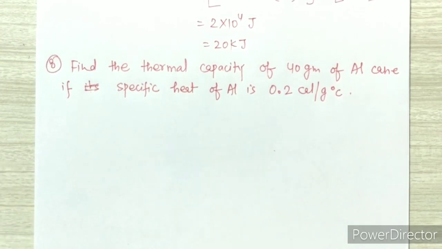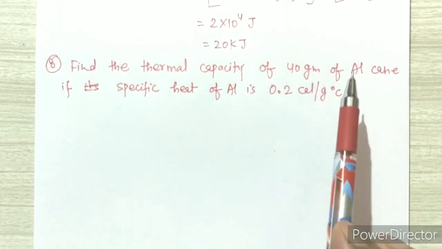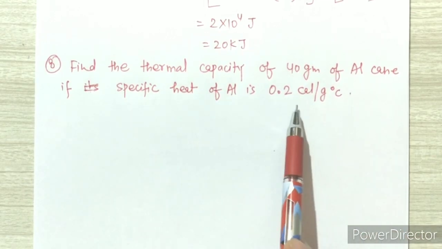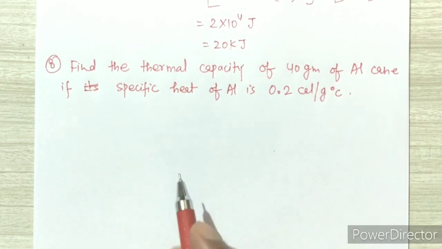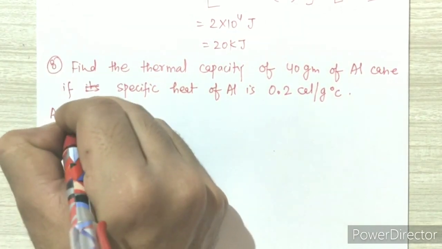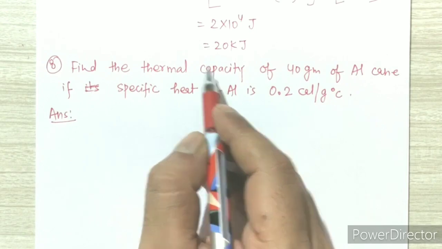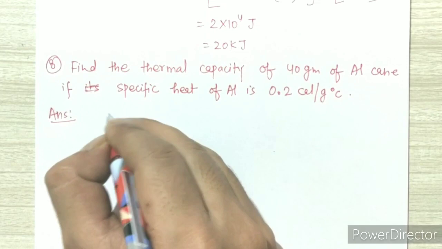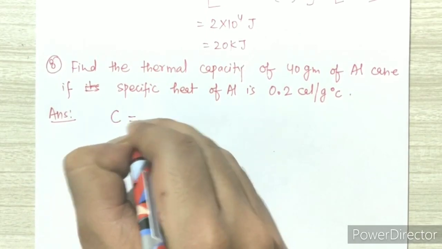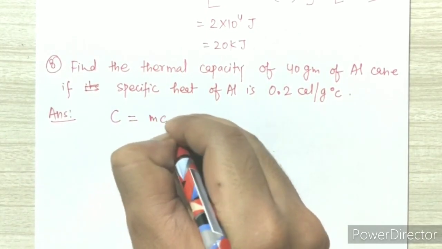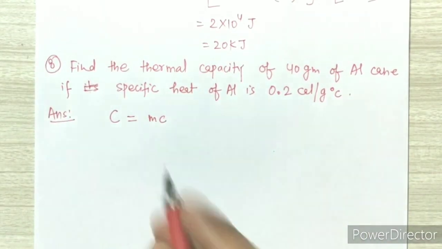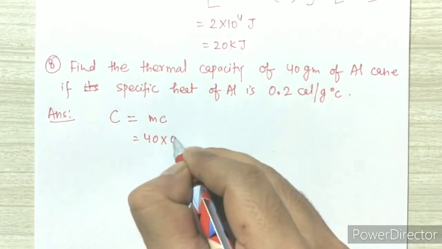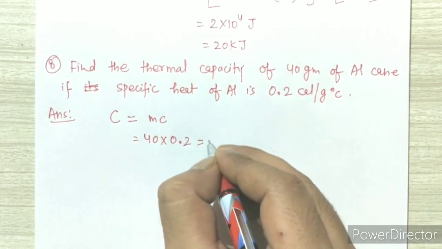Now let's see question number 8. Find the thermal capacity of a 40 gram aluminum can if the specific heat of aluminum is 0.2 calorie per gram per degree Celsius. What is the other name of thermal capacity? Heat capacity, that is capital C. Heat capacity or thermal capacity is equal to mass into specific heat. Mass is given as 40 gram and small c, the specific heat, is given as 0.2. So this will become 8